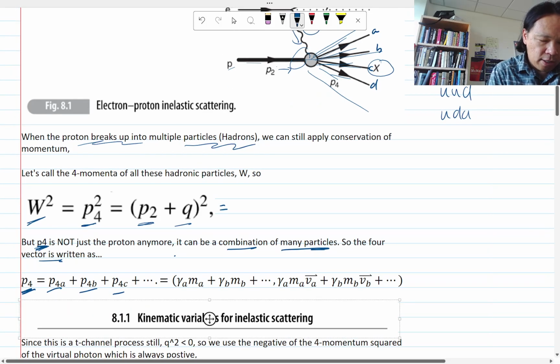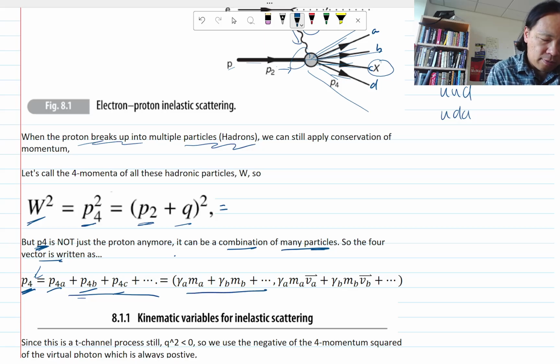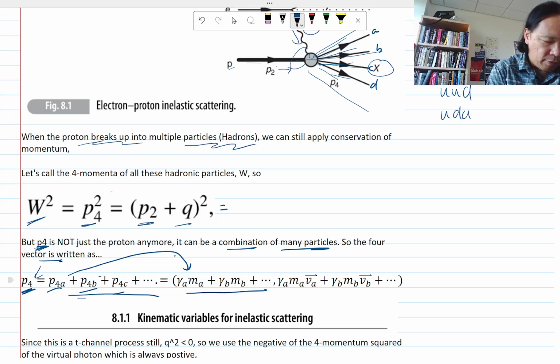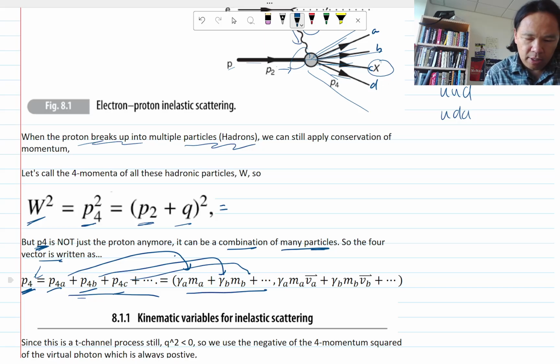All that stuff comes out, right? In order to calculate what the 4 momentum is, you have to add them, right? Because this is the energy part of particle A, gamma A, MA, all come at different speeds also, and therefore the gamma factor is different between them, okay? And then you have the same thing for B, you have the same thing for, well, I didn't type C,